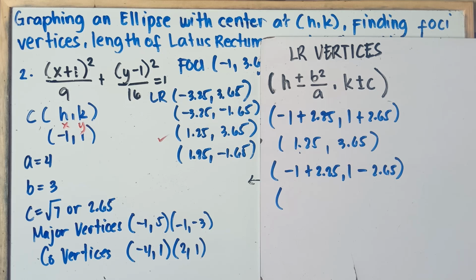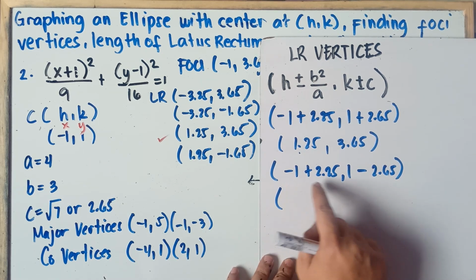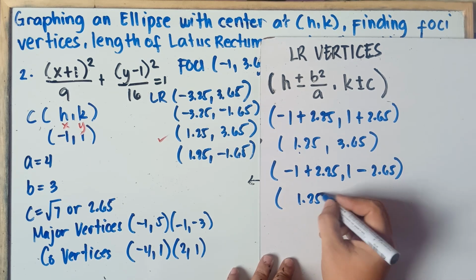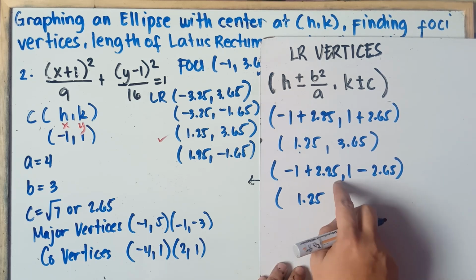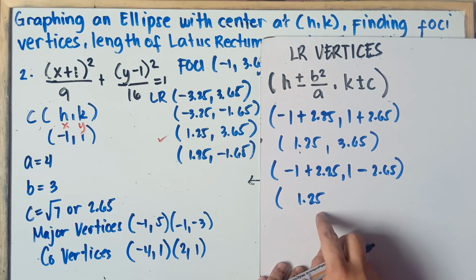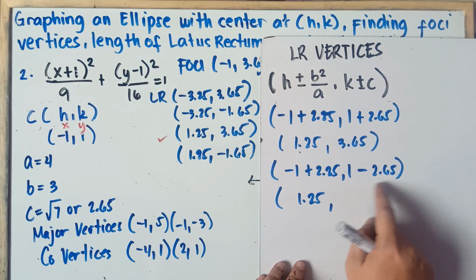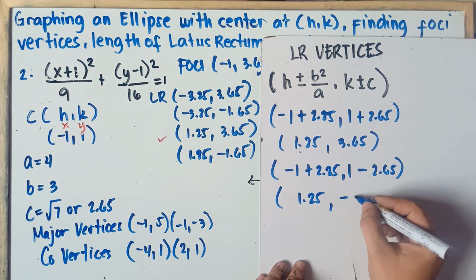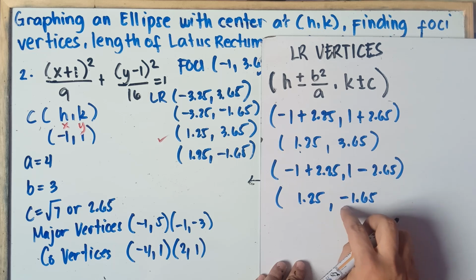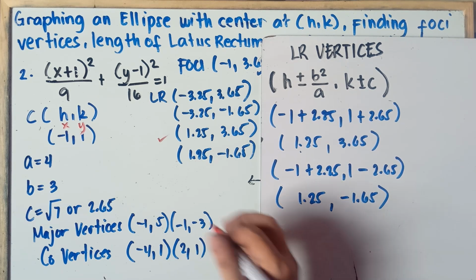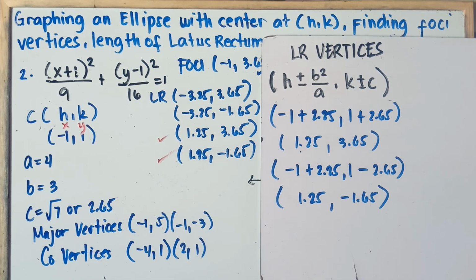So, once again, this will be negative 1 plus 2.25. Unlike signs, subtract: 2.25 minus 1, that would be 1.25. Copy the sign of the larger number. 2.25 is greater than 1, that would be positive 1.25, comma, 1 minus 2.65. So once again, unlike signs, subtract, then copy the sign of the larger number. 2.65 minus 1, that would be negative 1.65. Copy the sign, class. Yep, we have the same answer. 1.25, comma, negative 1.65. Same answer, class.